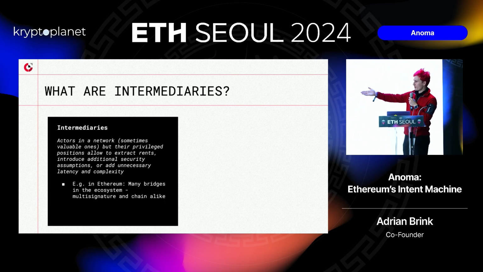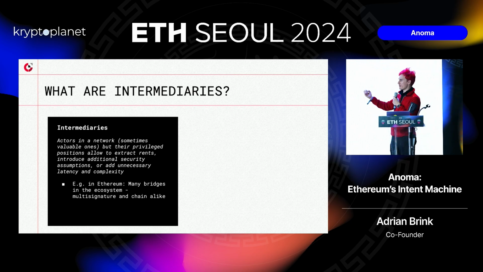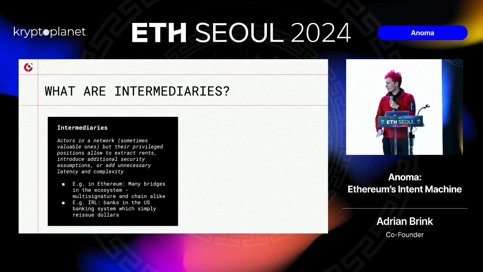So, for example, many bridges in the ecosystem are currently intermediaries. They are not interfaces. They are someone you interact with, someone who you now have to consider within your security models. As an example, many of the current bridges to L2s end up being intermediaries because I have to fundamentally trust that they operate the bridge correctly and that they don't steal funds, for example. And they will charge fees and so on.